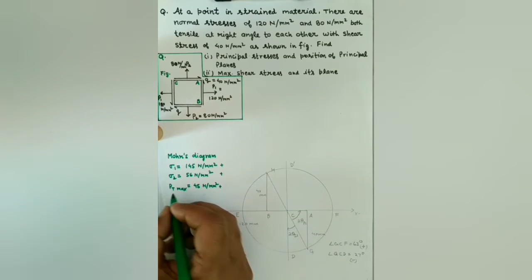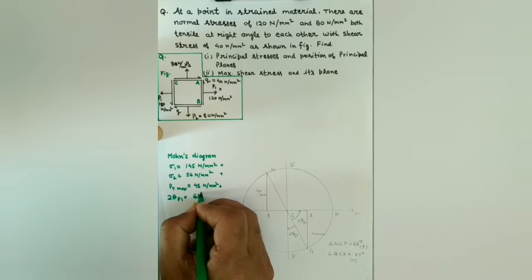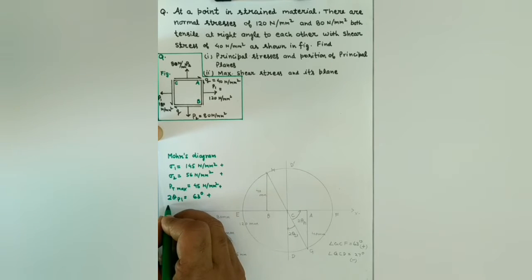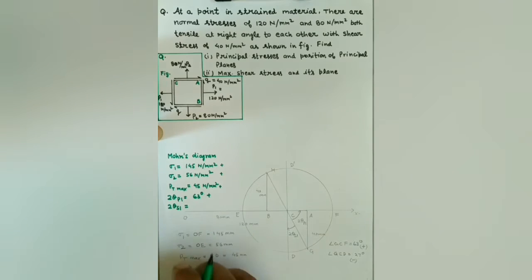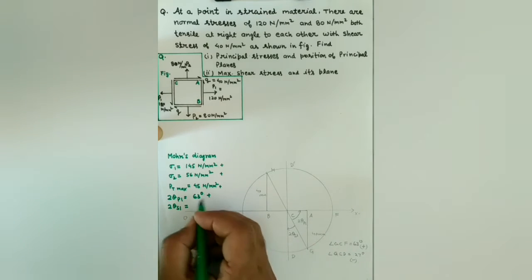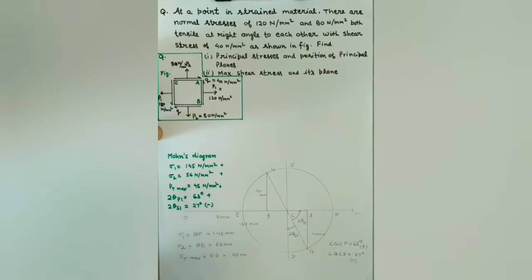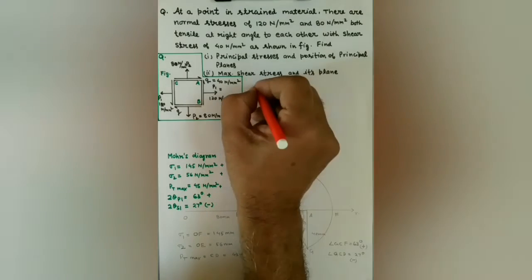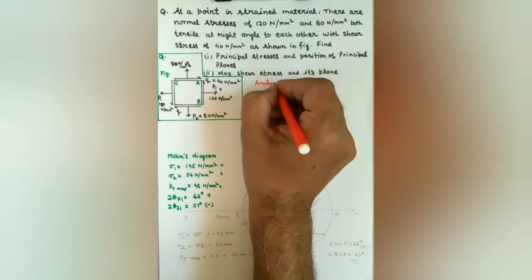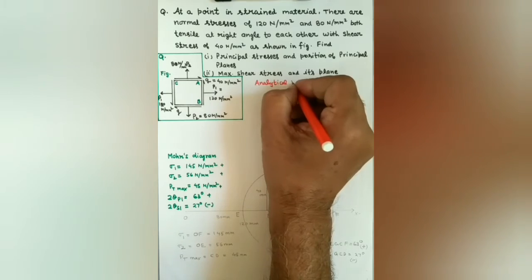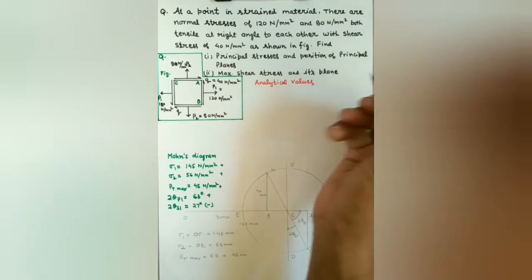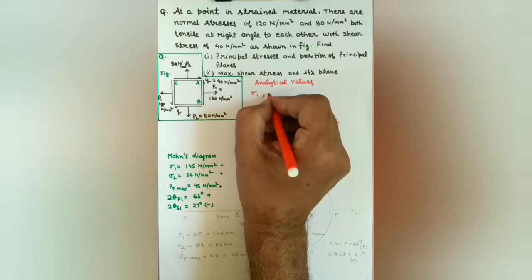Angle 2 theta P1 is equal to 63 degrees, and it is positive since it is measured anti-clockwise. Angle 2 theta S1, that is orientation of the maximum tangential stress, is equal to minus 27 degrees. It is measured in clockwise direction. Now we will find analytical values which will be obtained from the calculations, and we will match the values obtained